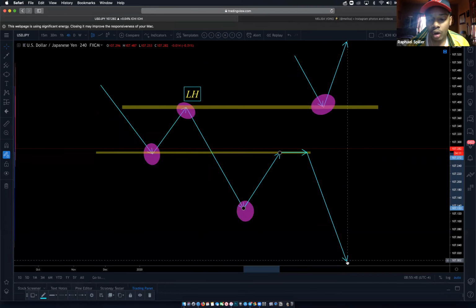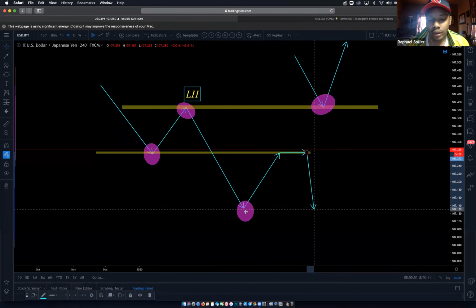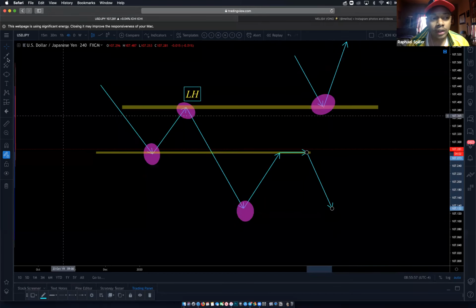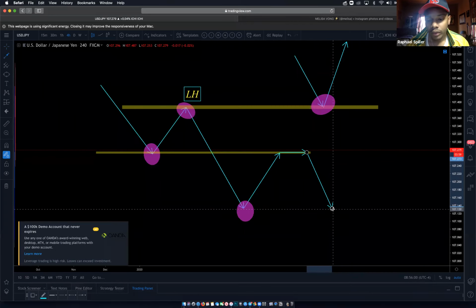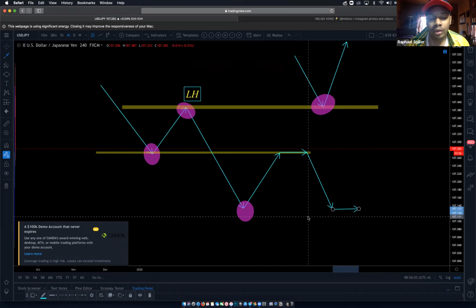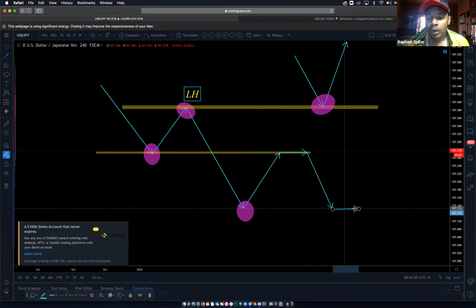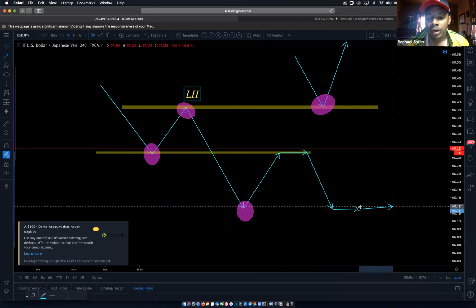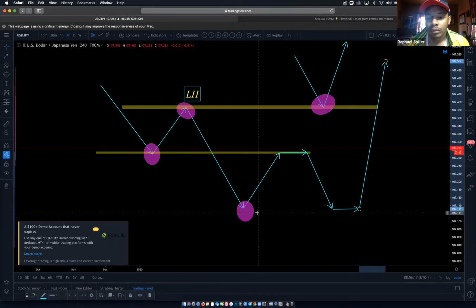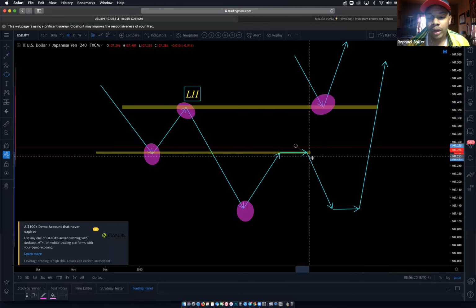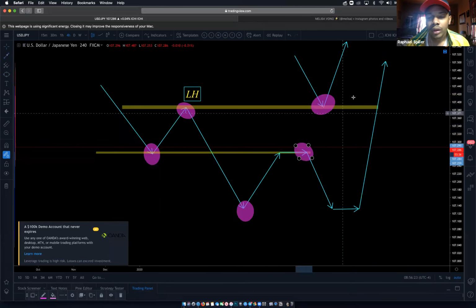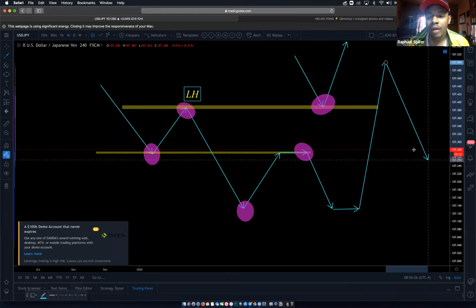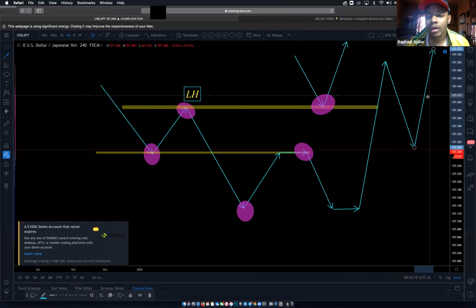And in order for this low to occur, it has to break this low. But let's say it doesn't break this low, and it stopped here, then consolidated. What that tells me is that either it's going to consolidate more to the side and continue dropping, or it's going to consolidate here and move its way up and break this high instead. And as soon as it breaks that high, then you have to retest it again, and then you have to have a takeoff.